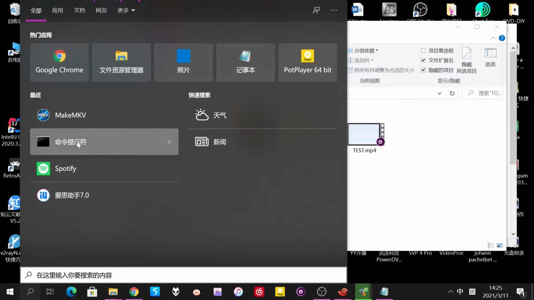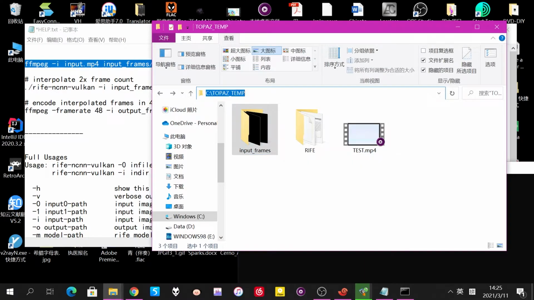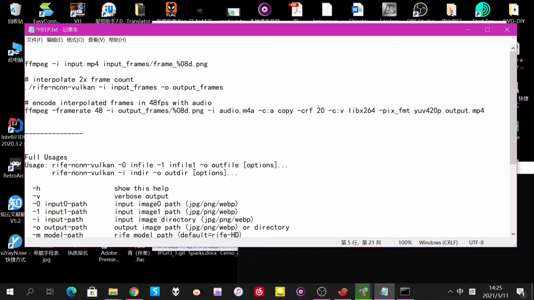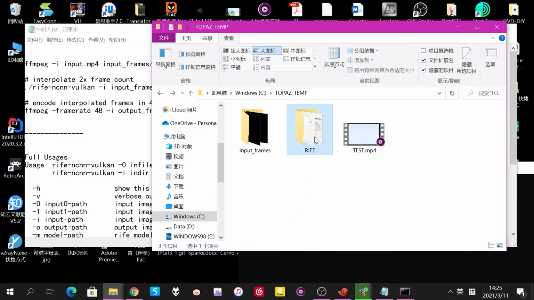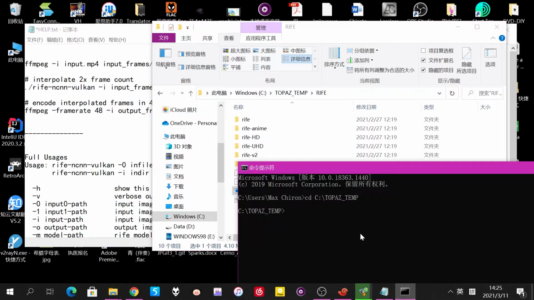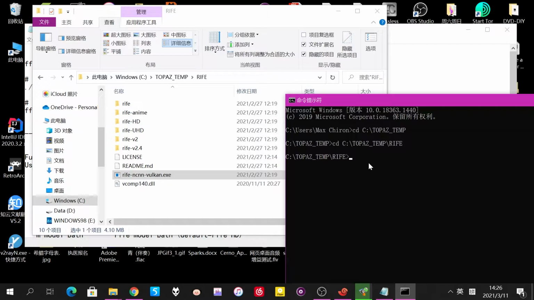We go back to the CMD. I closed it accidentally. And then we use RIFE to do this job. That means we should run the RIFE program. So we find this program and copy the path to it. Go into this folder. So we are here, in this folder, and run the RIFE